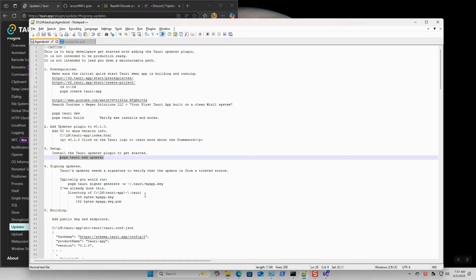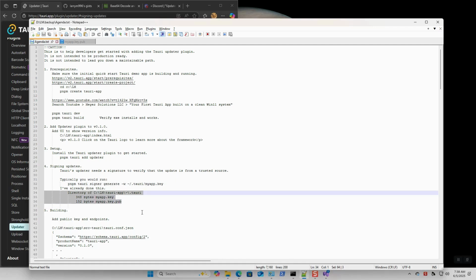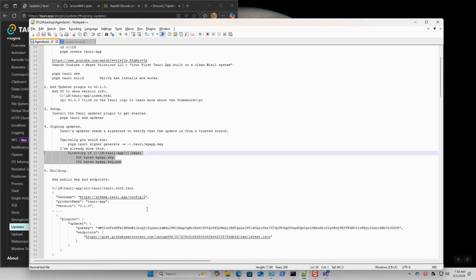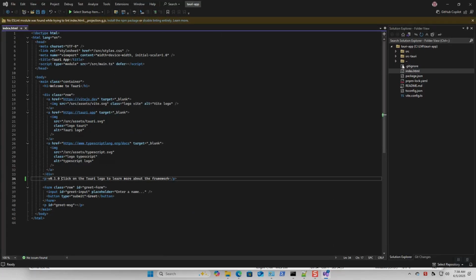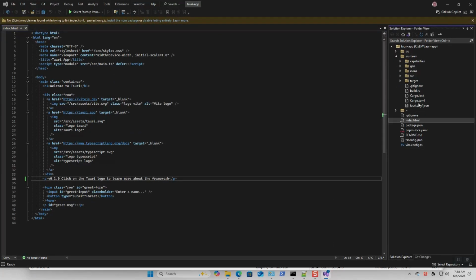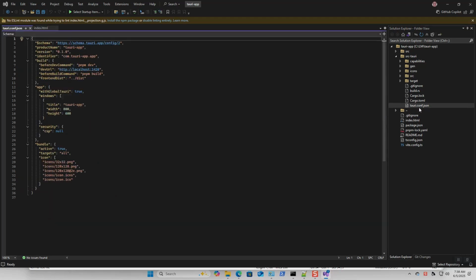So we've done step 3, set up with the Tauri add the updater, and then you typically run the PNPM command to generate those keys and double check this with the set command to see that they're there. I've added the version number in the UI,